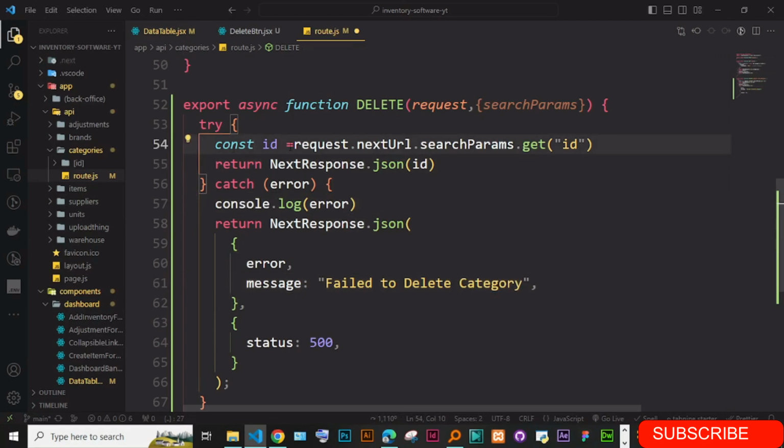Okay, so const ID is request dot nextUrl dot searchParams dot get ID, and